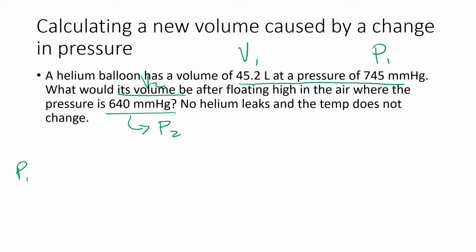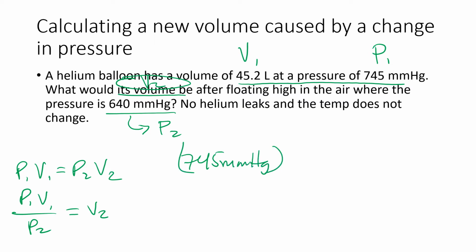So P1 times V1 equals P2 times V2. I am trying to solve for V2, so P1 V1 over P2 equals V2. As long as your units are consistent in your problem, you don't need to convert. However, if I gave you one particular unit of pressure and a different one, you have to convert it to the same at least. So pressure 1, 745